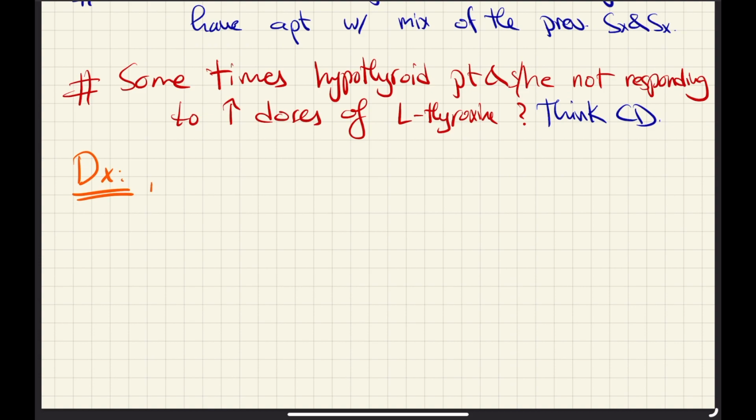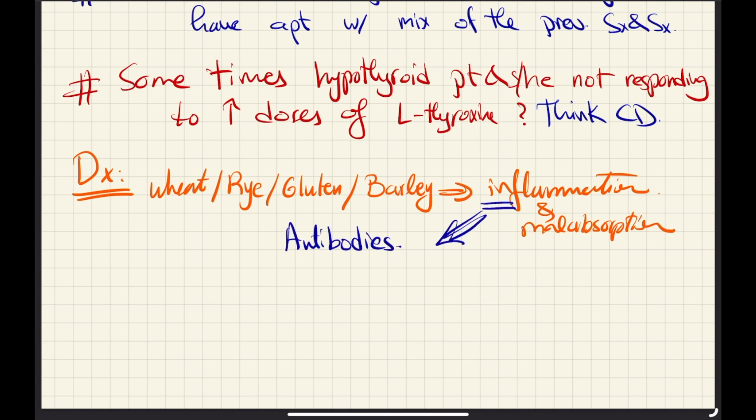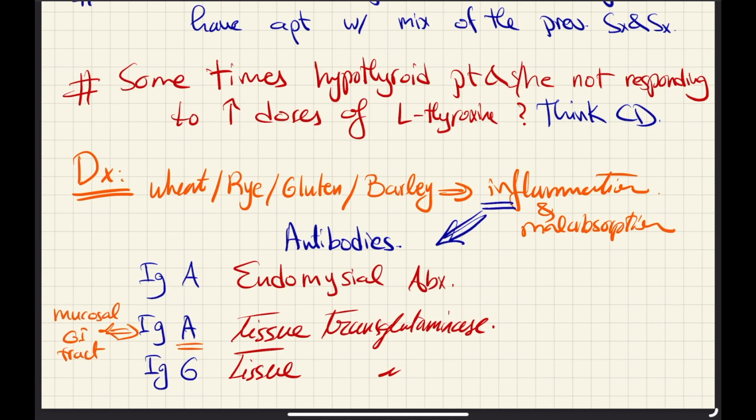For the diagnosis, remember it's an inflammation related to gluten, barley, rye, and wheat. So we have antibodies. For the antibodies, they are usually annoying. We have 5 antibodies. The most specific and sensitive one is the IgA tissue transglutaminase. So remember, the IgA antibodies are found in mucosal membranes, and here it's related to the intestine, so we have mucosal involvement, so remember it's IgA. So we have the IgA endomysial antibodies, we have the IgA tissue transglutaminase, the most specific and sensitive one, and